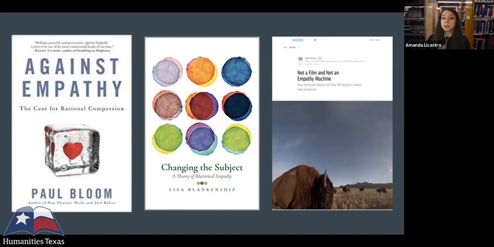Now, I have some issues around that, especially because I'm a feminist and I deeply believe in our emotional social learning and capabilities and how that impacts our actions. But it's a very compelling book, and there's lots of interesting information in there. There's also Lisa Blankenship's work, which I think is truly beautiful and speaks deeply to me as a researcher, which talks about how what's really at stake with empathy is not